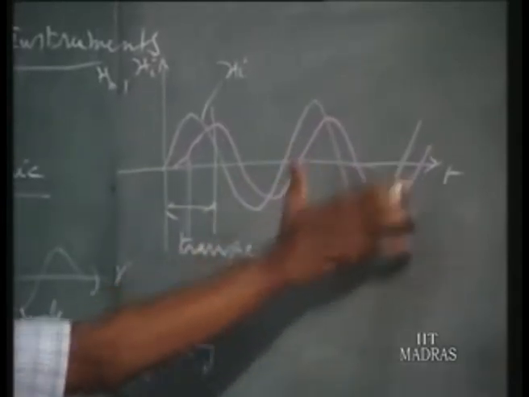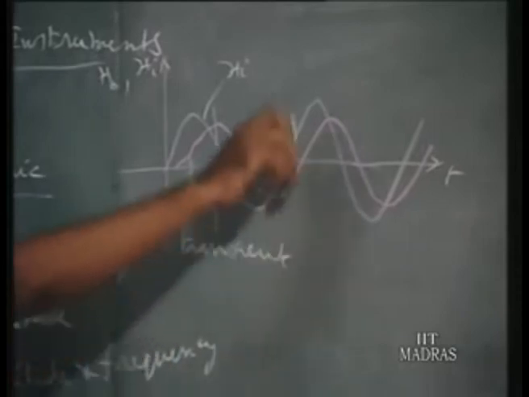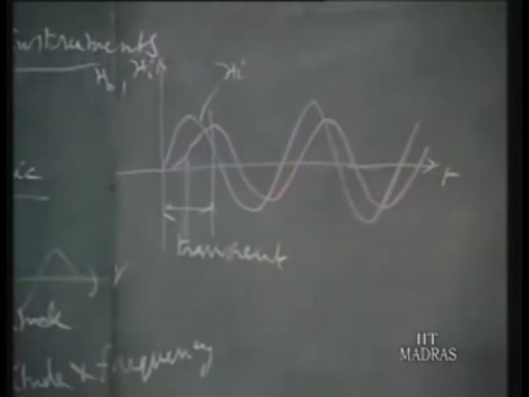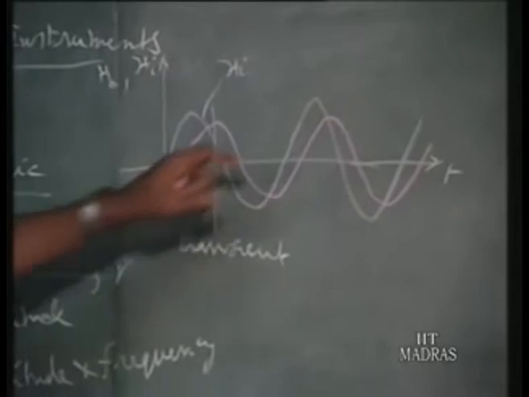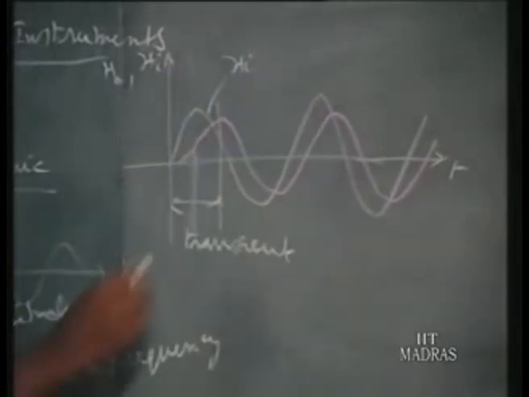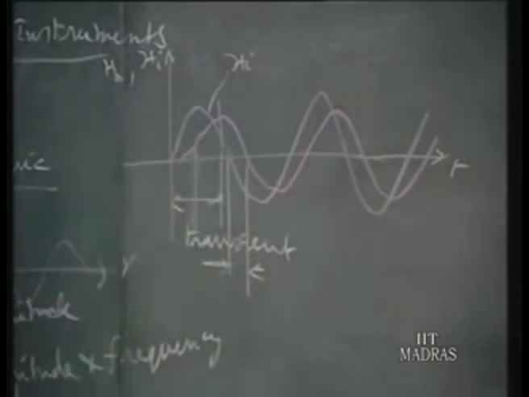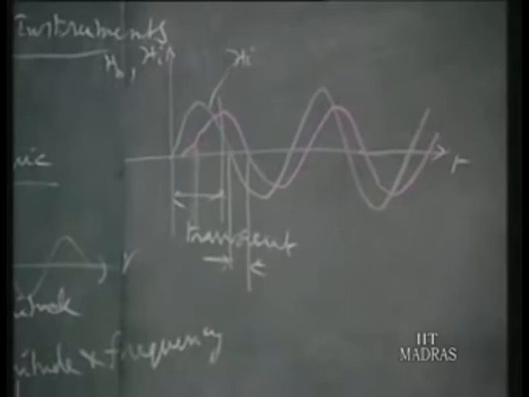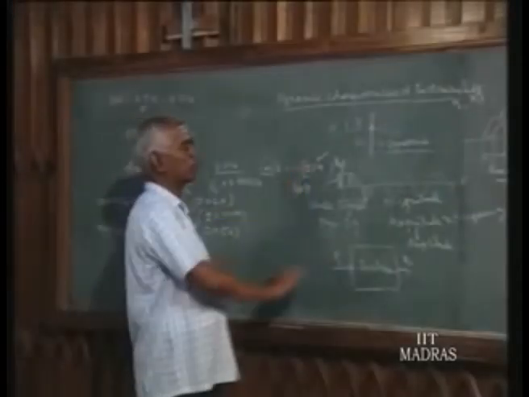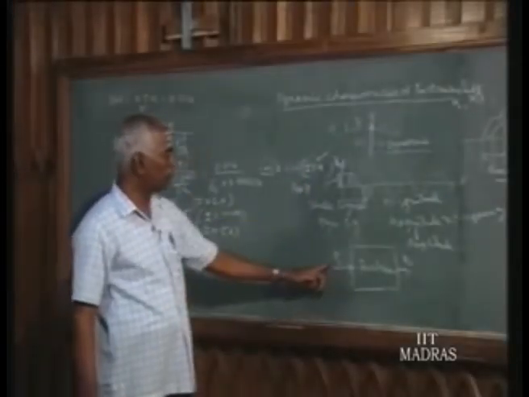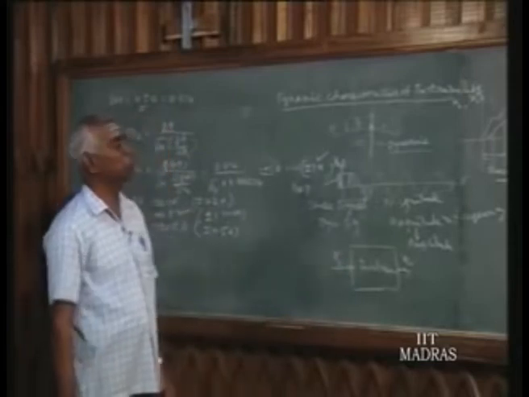Transient. Later on you find steady state. Once it settles, then it's steady state. But you find when the frequency increases, the amplitude reduces, and also we get some phase lag. This is the phase lag, some difference. See, it doesn't give the output immediately. It takes some time. So this is the overall behavior of any instrument when we give a varying signal.